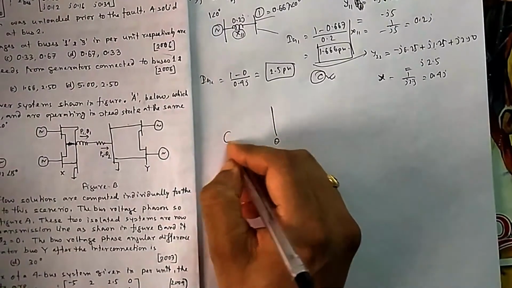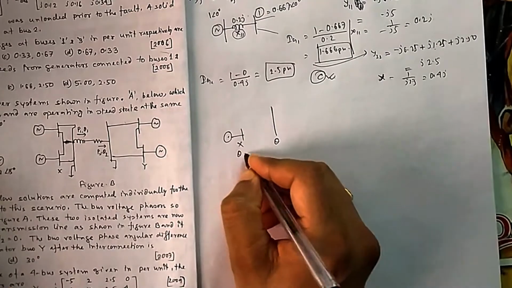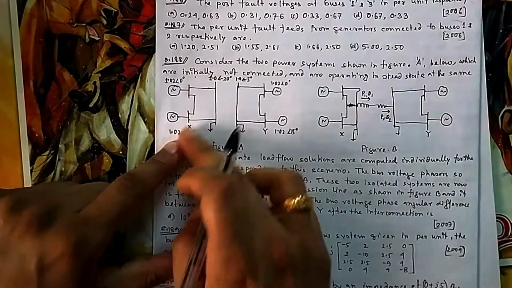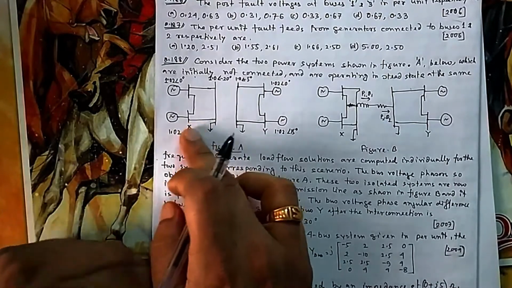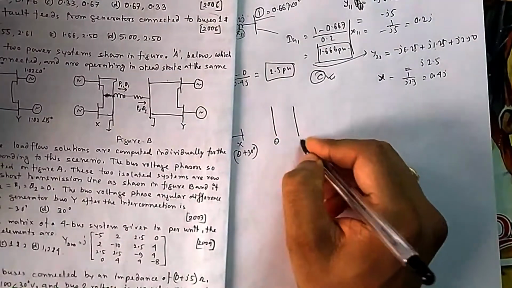So what will this angle be, this generator X? This should be theta plus 30 degrees. Why 30 degrees? Because earlier the difference was 30 degrees. Because the same power has to flow and the magnitudes are also the same, the angle difference should be 30. Then only V1 V2 by X sin delta will be met. So this angle difference should be the same, 30 degrees. Same here also.